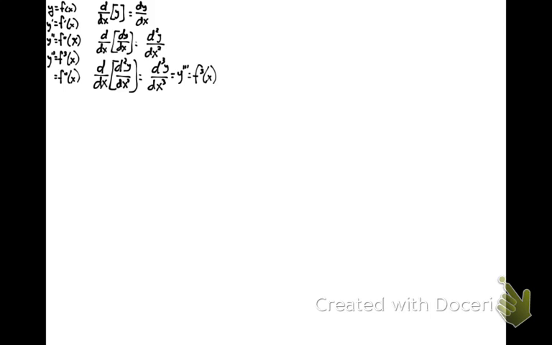Let's look at example A and find the second derivative. Right? The second derivative is just the derivative of the first derivative. So if f of x equals 8/3 x cubed minus 5x squared minus 7x minus 1, then the first derivative, f prime of x, will equal 8x squared minus 10x